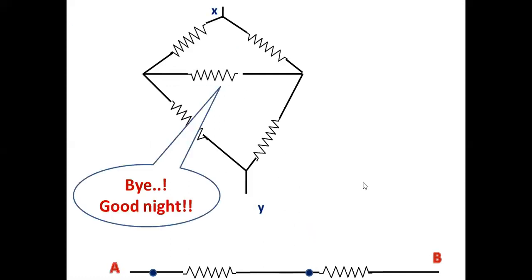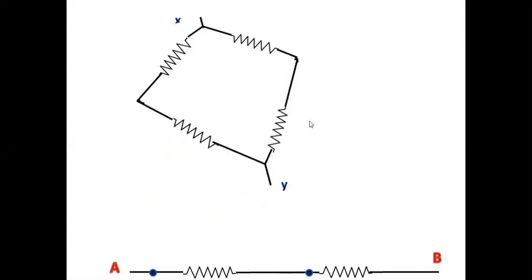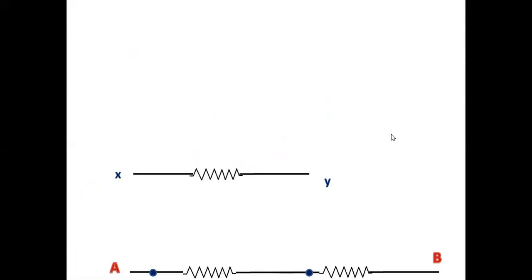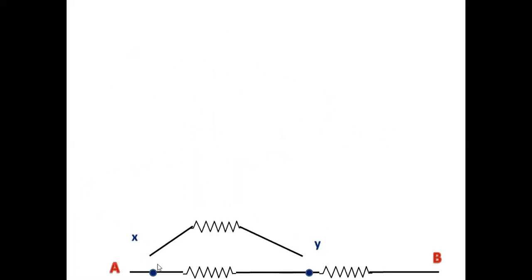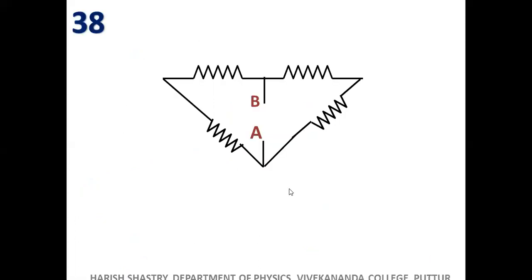R. So this is a useless fellow, and this X and Y can be treated as a Wheatstone's network, and it can be replaced by a single R here, because once upon a time they were in the same village here, X and Y. They should come back to the same village. This becomes R by 2. R by 2 plus R, 3R by 2. Very good problem. So remember it, and you can see the video as many times as you like.